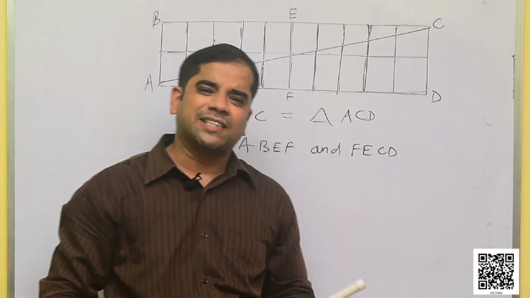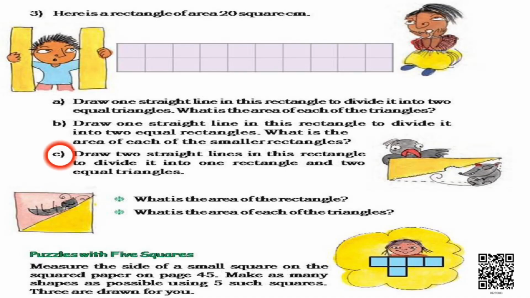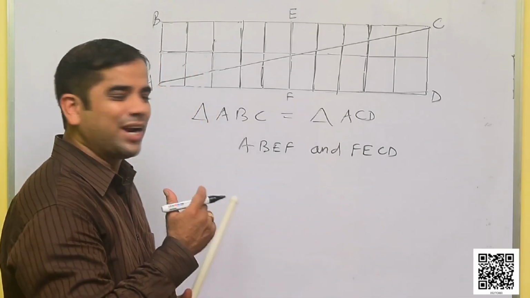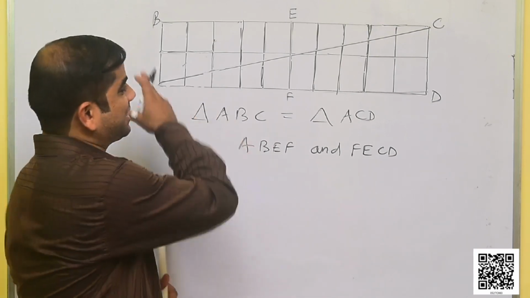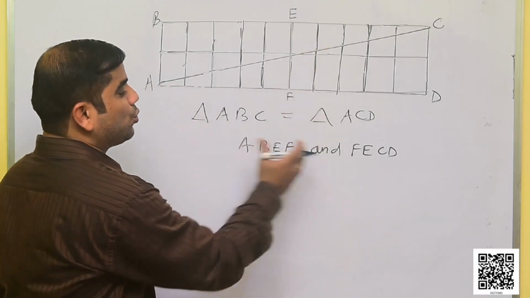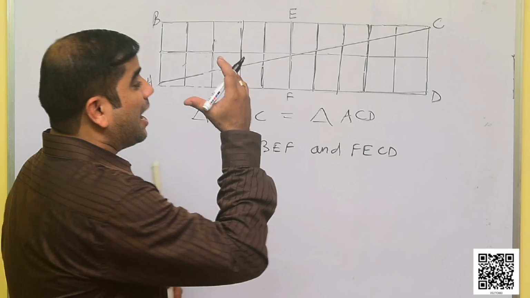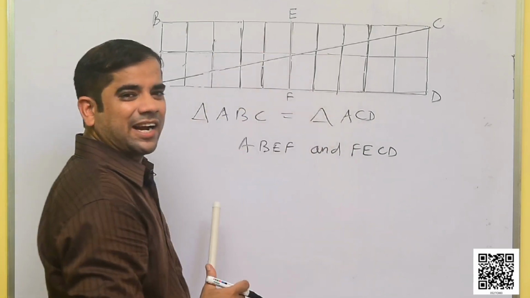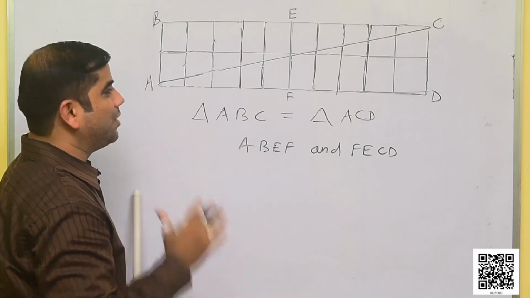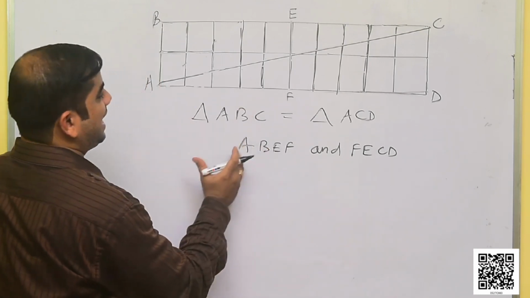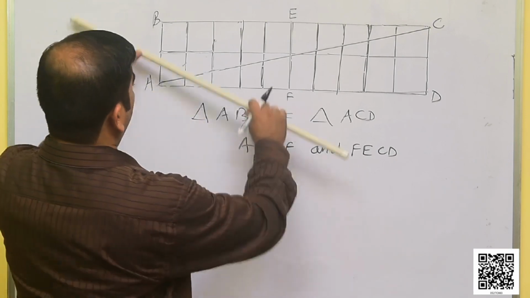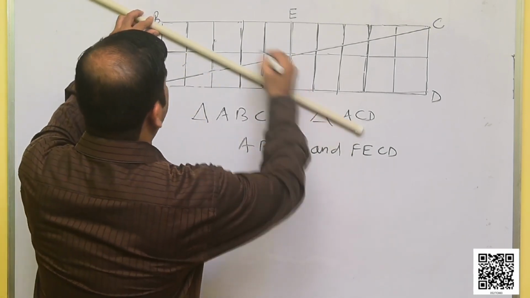Now the other task is we have to draw two straight lines in the rectangle and divide it into one rectangle and two equal triangles. It's too easy, you know. Let's do it. We have divided this bigger rectangle ABCD into two equal rectangles. Now we have to only do the partition in any of the rectangle, leaving the other one like that only. Let us go with rectangle ABEF. If I join the two corners B and F,